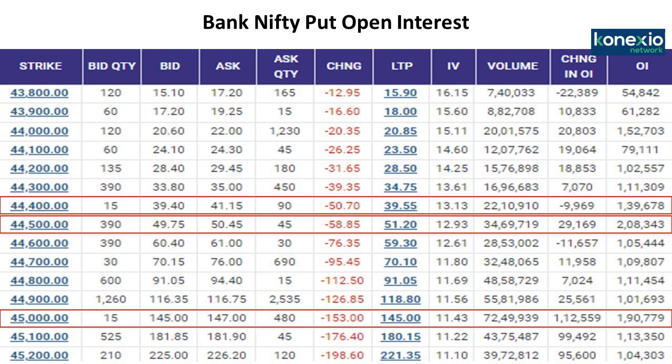So here you can see there has been a rise in the volumes, a rise in the open interest, but a significant drop in the option premium. The implied volatility is between 11.43 and 13.3. Looking at the very huge damage in the option premium in Bank Nifty puts, it is clearly indicating that the smart money is already positive on the markets. So we might see an extension of the rally from this level. But the only thing here is the implied volatility. It's slightly higher, not in a danger position, but slightly higher. So if there is some sort of cool off in Bank Nifty, that should be used as